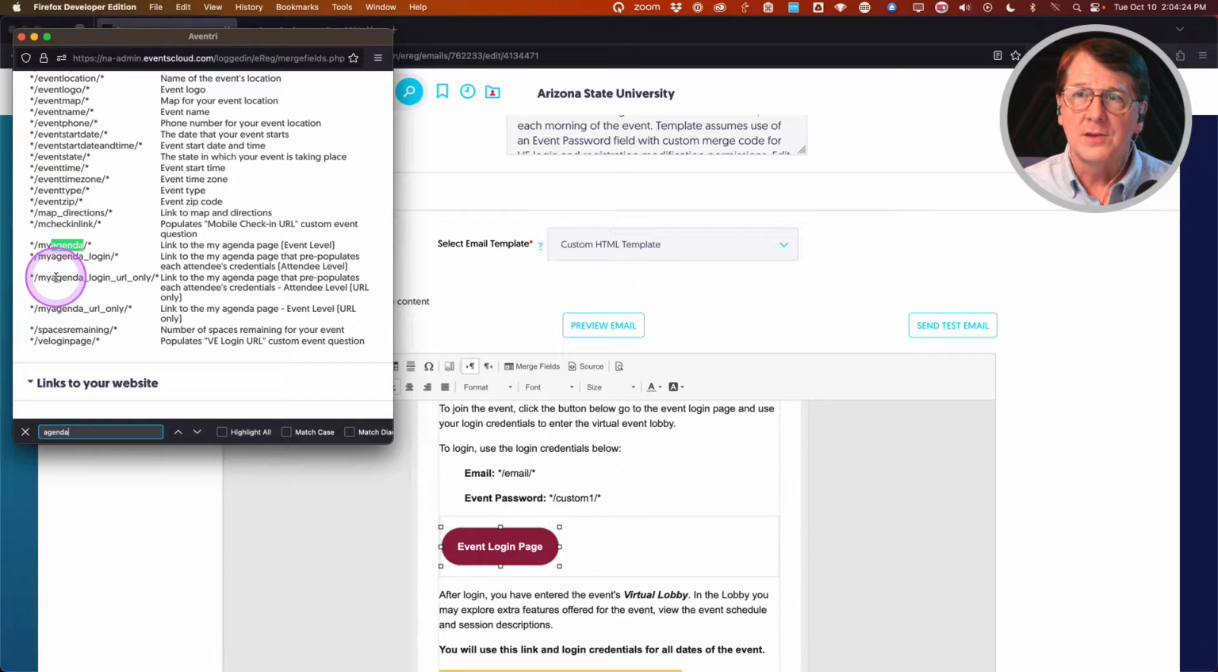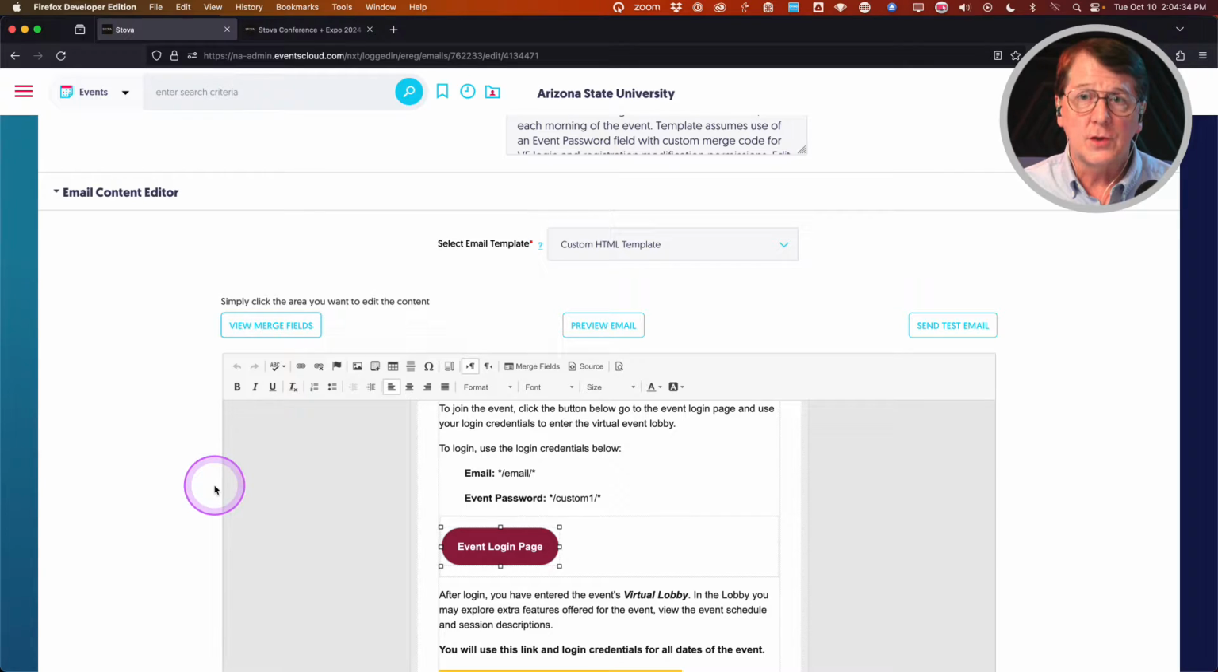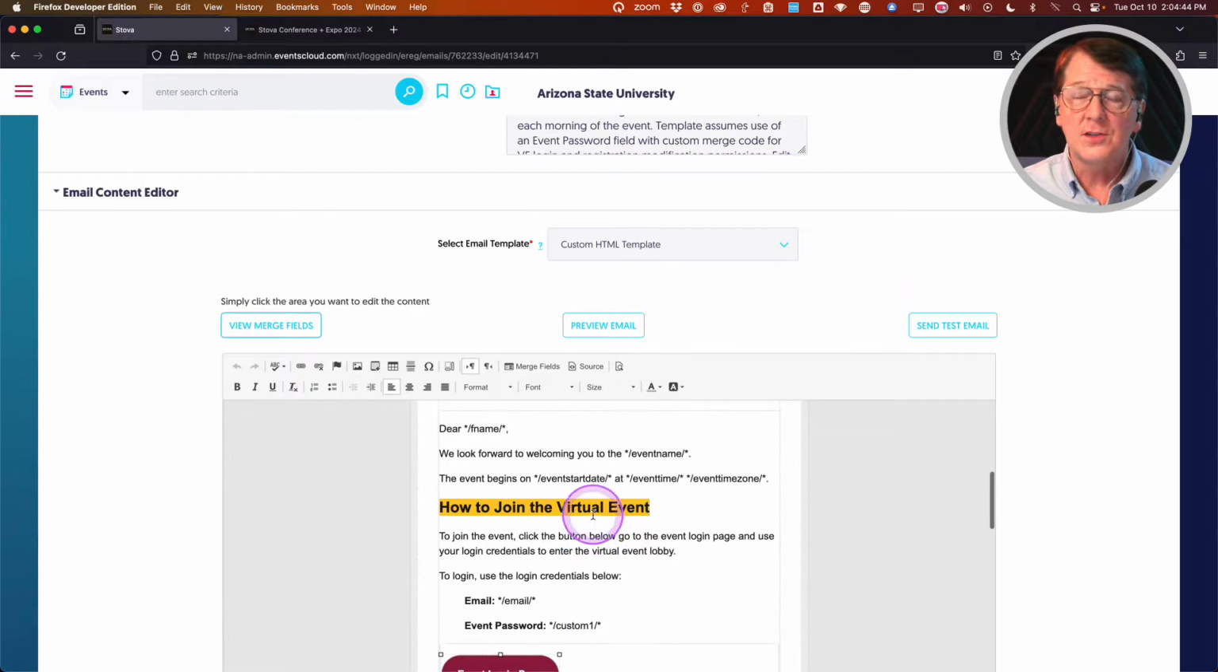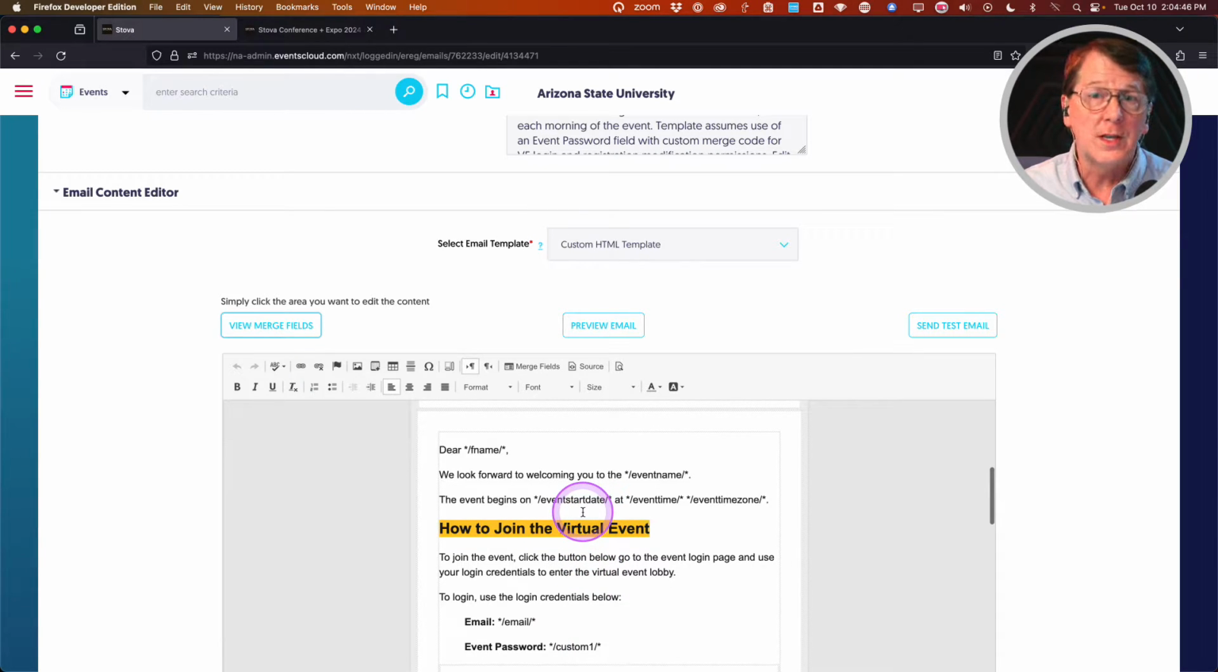So I'm using this agenda login URL only behind that button. Use whatever you need. And although you could also copy that lobby URL directly and paste it as the direct link if you prefer. Your call on that. But just as an idea on what to put in your email,